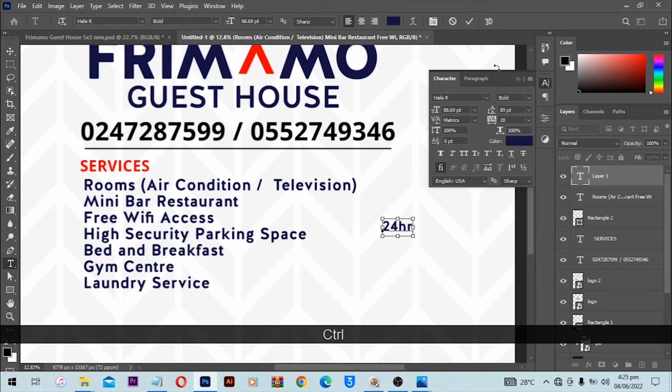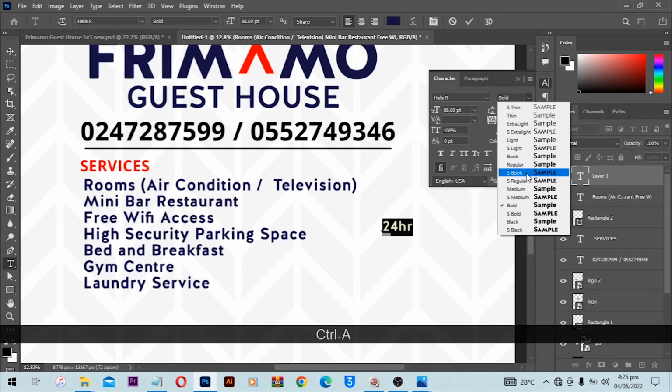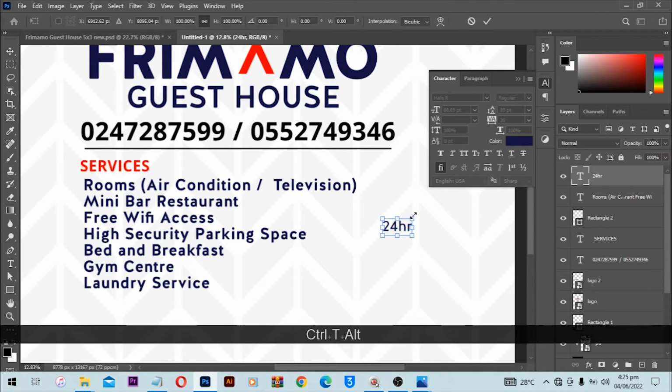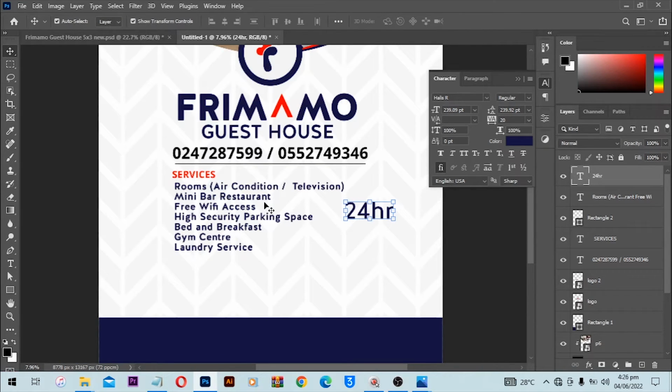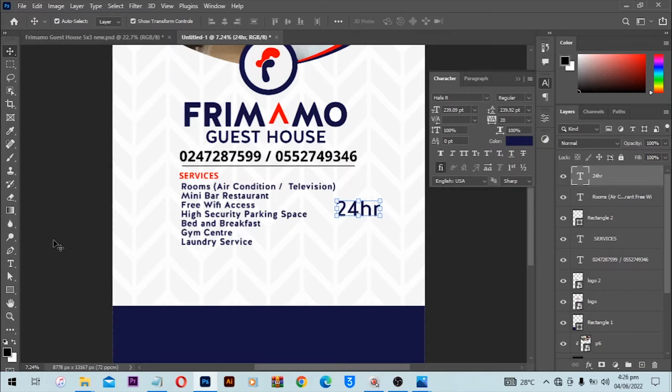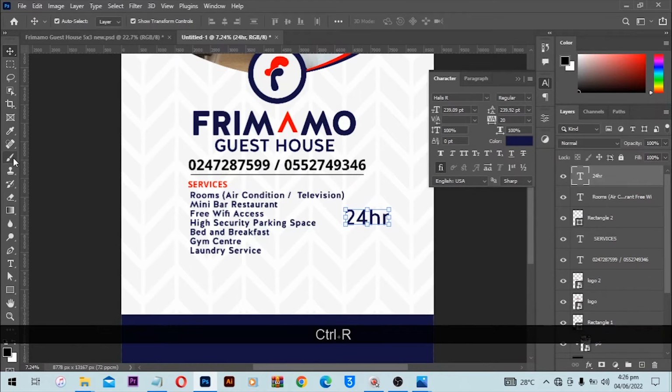Okay, and I'll change this font to, let's say, regular, and Ctrl T for free transform. Get a bounding box and enlarge this text. Okay, so one thing about the principles of graphic design is that I'm trying to maintain the same spacing over here. All right, so you can see the spacing over here